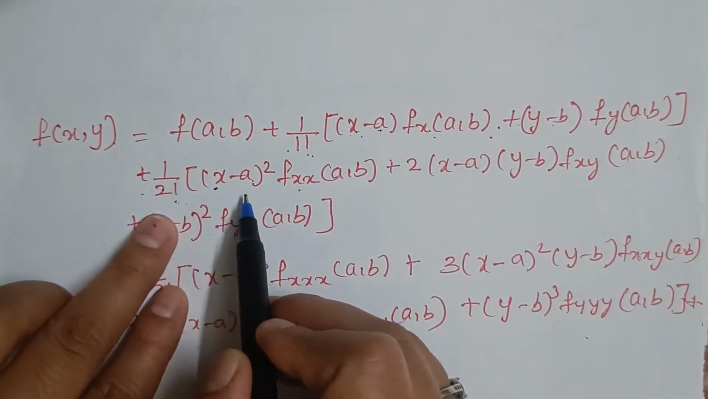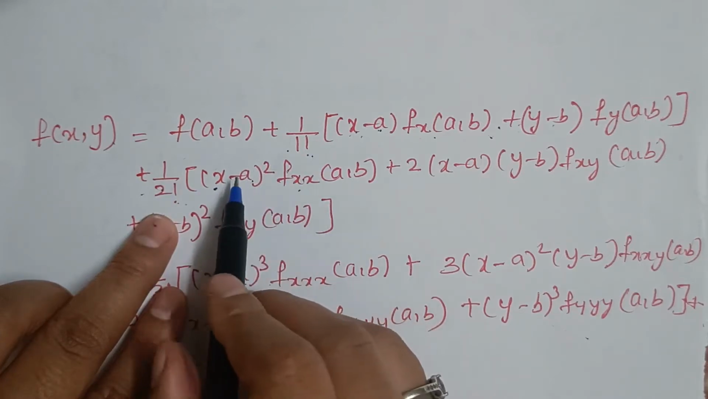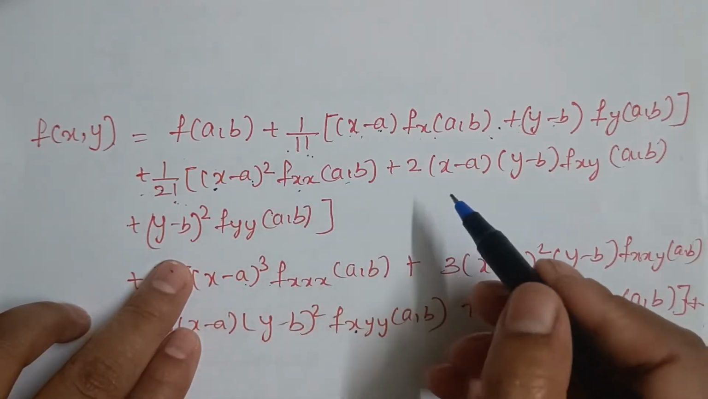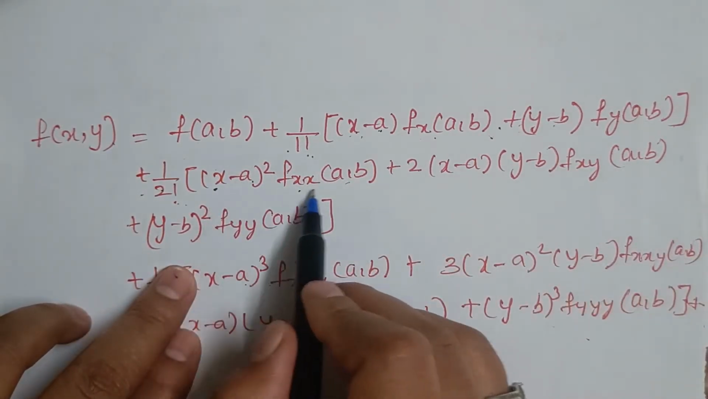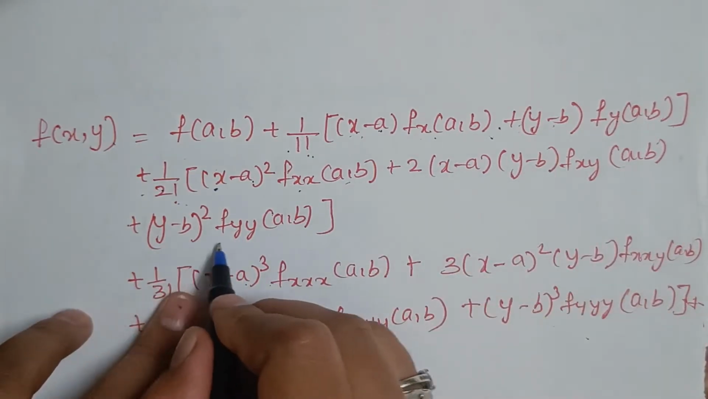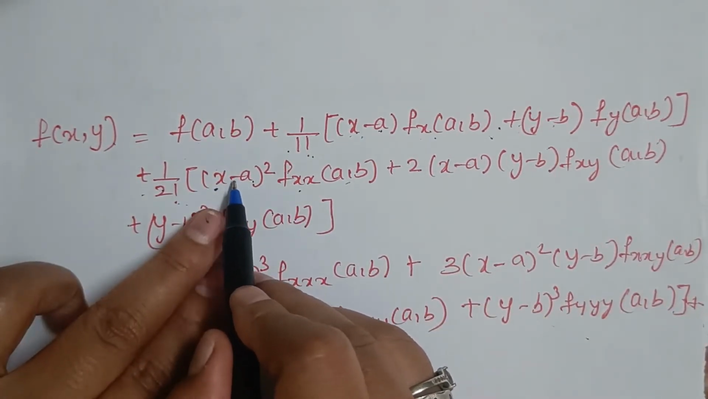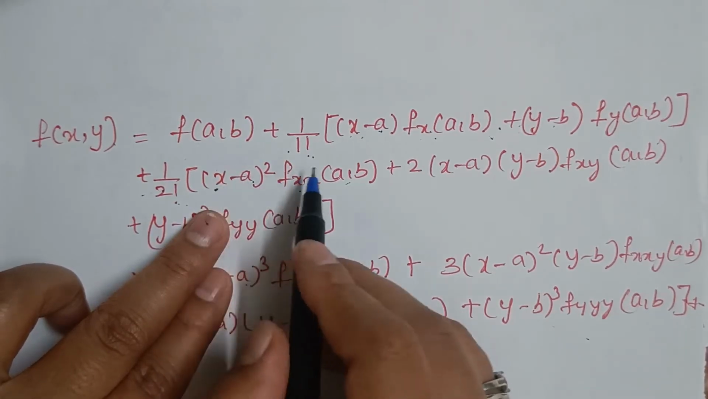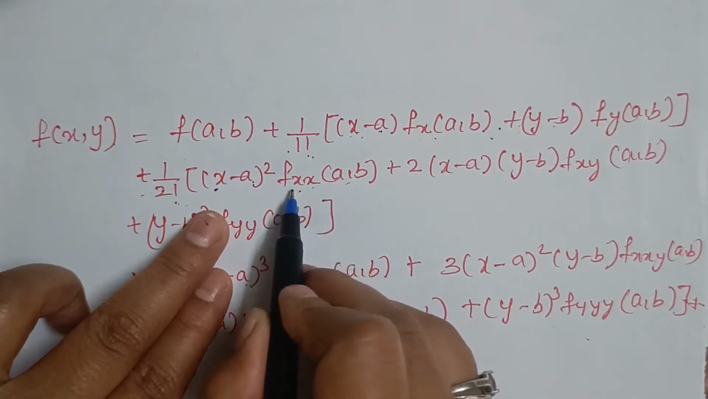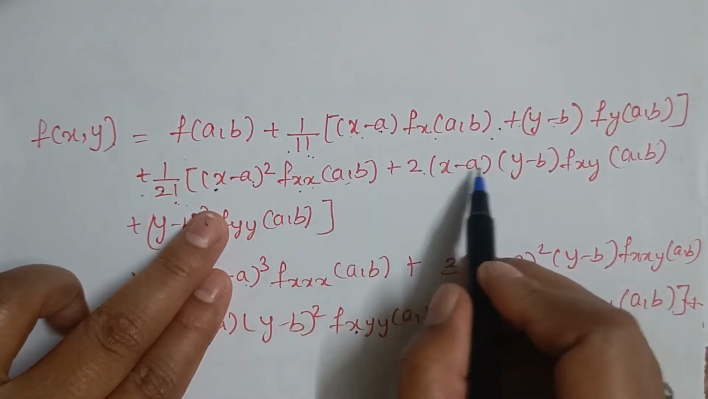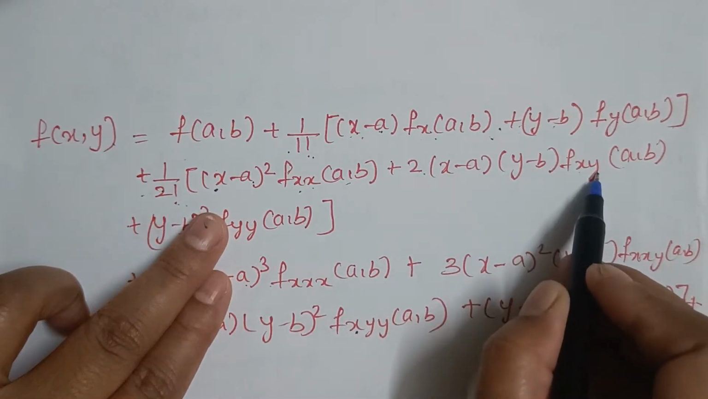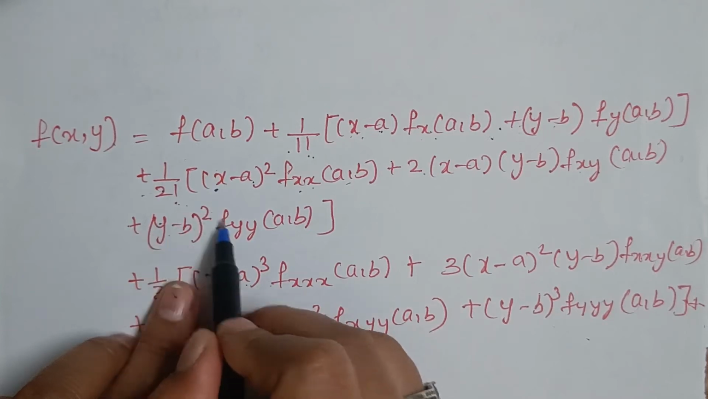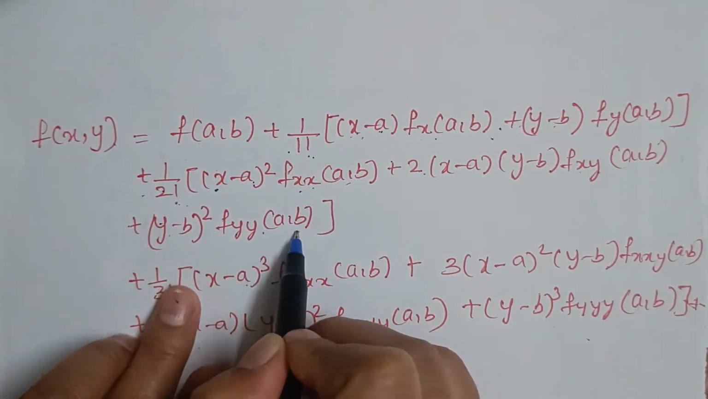Now 1 by 2 factorial. As here we will have the square, we are just expanding using the x plus y the whole square, or a plus b the whole square formula. So this is a square, 2ab and b square. So here you can see x minus a the whole square, so the degree is 2, so we are going to differentiate twice. Then 2xy, we have x and y, so we are going to differentiate with respect to x and y. Then y minus b the whole square, so the degree is 2, so differentiating f suffix y twice with respect to y,